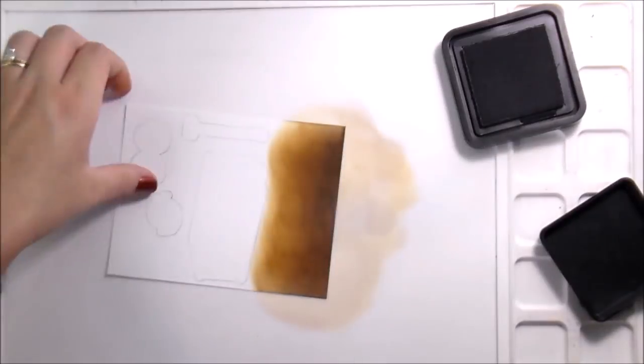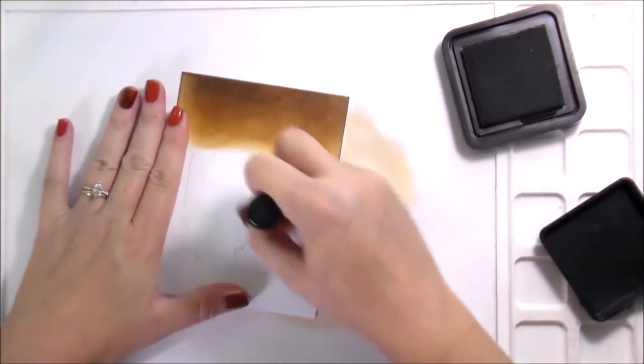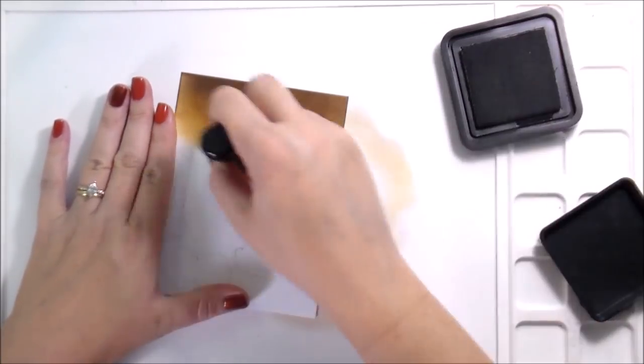So while we watch me do that, which by the way is very sped up because there was so much going on in this card,